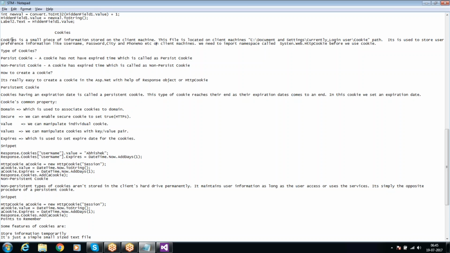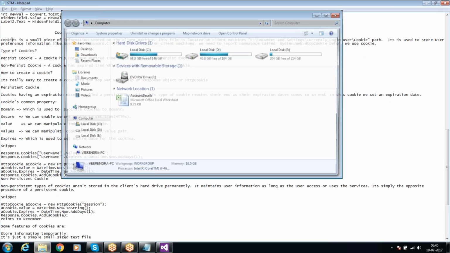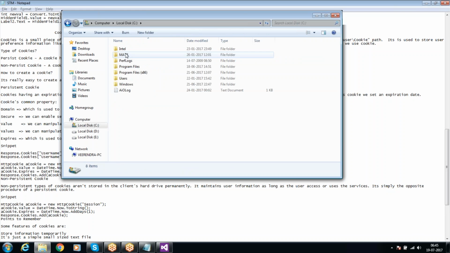HttpCookie is a class. By using this, we can create a cookie. These cookies can be broadly divided into two types. Generally, whenever we go to the path of this cookie,